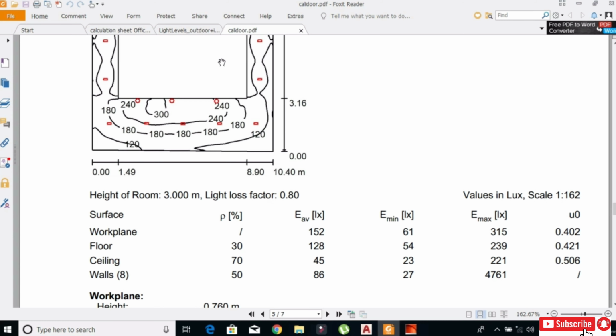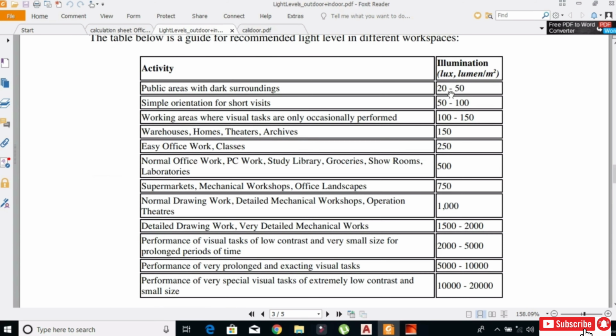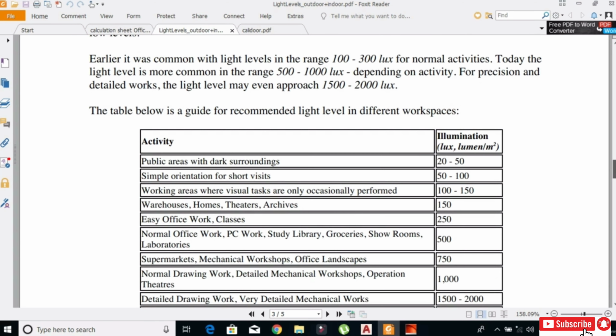Now we'll go back again to my recommendation levels.